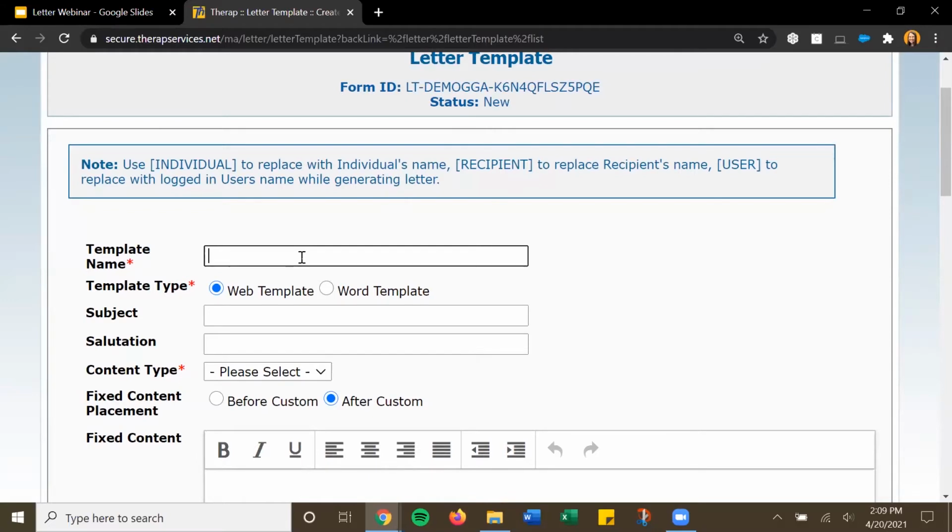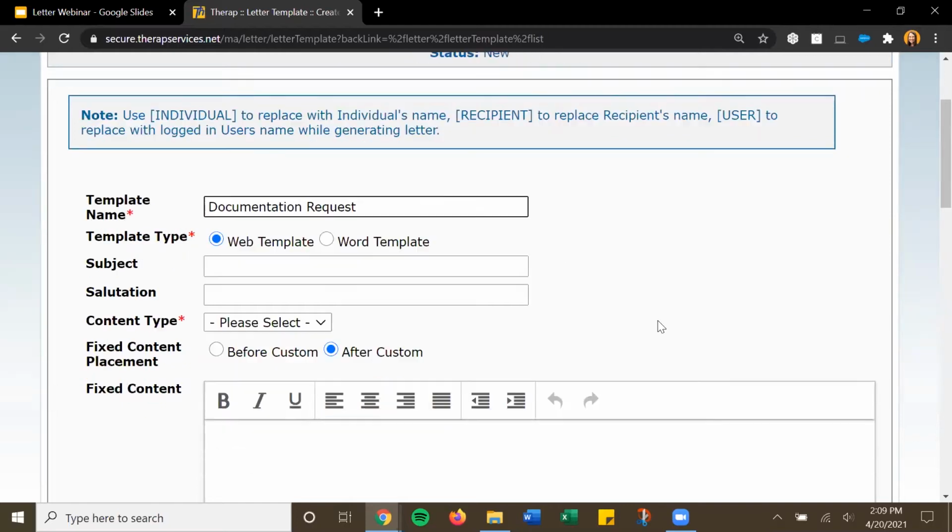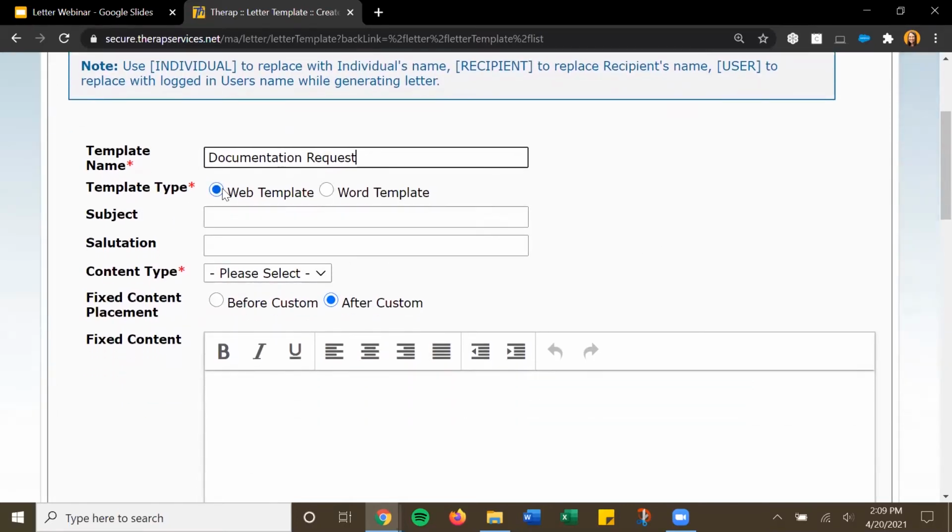For the template name, I'm going to do a documentation request. So maybe we're requesting some documents. We need some of that information from the families, from guardians, from the individuals. I'm going to show you the web template, but I do have the ability, like I mentioned, for the Word template. And I'm going to pause quickly because I do see that there is a question about the